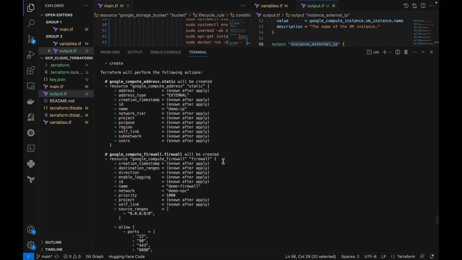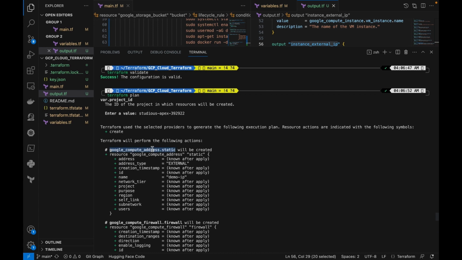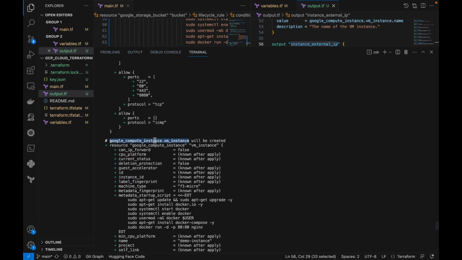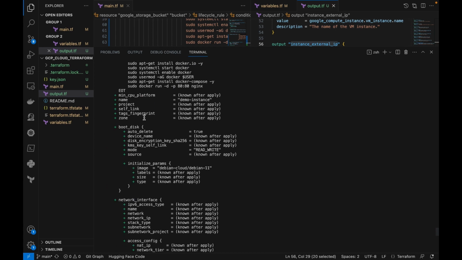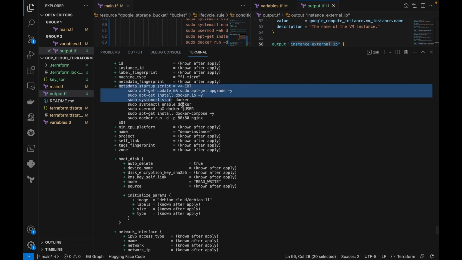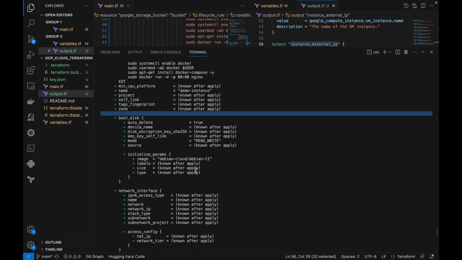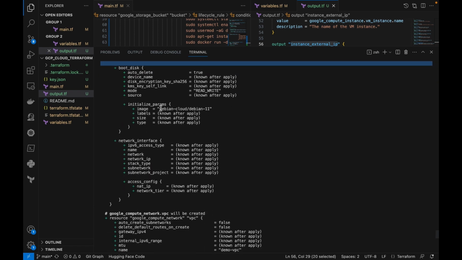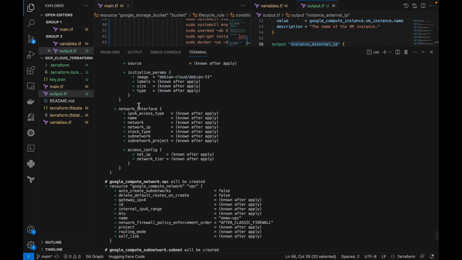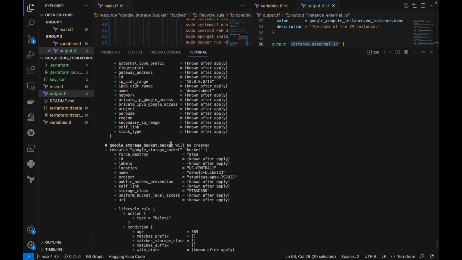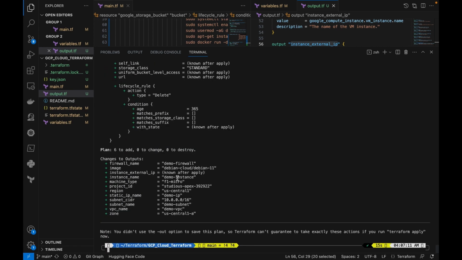Yeah. So it's going to create the static IP, and then the firewall, and then the VM. This has everything, and also the metadata startup script, and also the boot disk will be here. This will be using the default one, and the image will be Debian cloud, which will be picked automatically, and the network interface, and the Google Compute Network VPC, and the subnet, and finally the bucket. Yeah. So there are 6 resources to add. So let's do